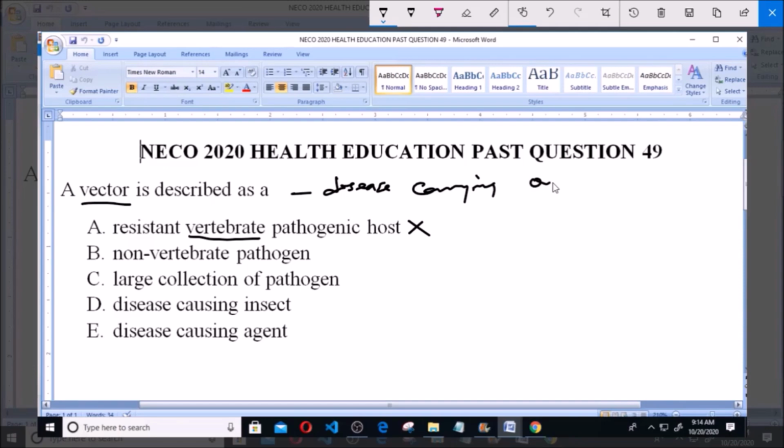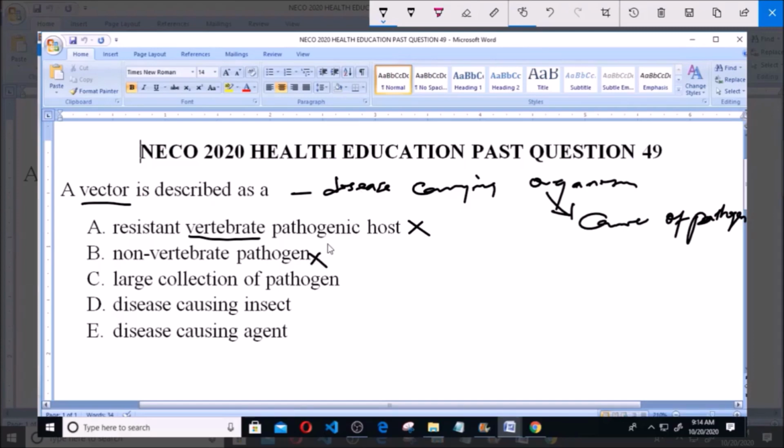In other words, vectors are organisms that carry disease-causing organisms. That is, vectors are the carriers of these pathogens. These pathogens that cause disease are actually carried by these disease vectors. So vectors are not pathogens. They are carriers of these pathogens. They are pathogen carriers. So this option is